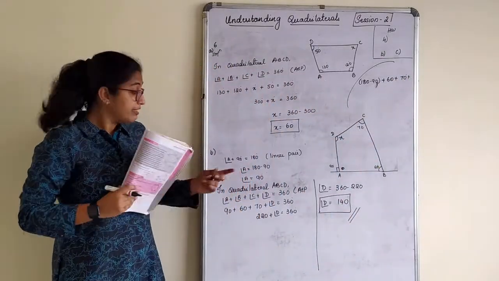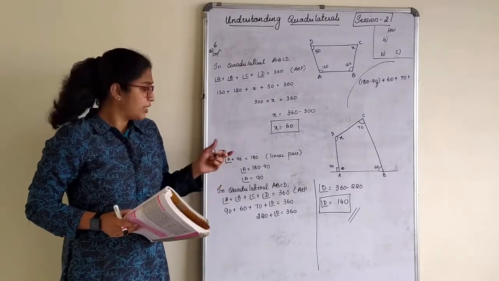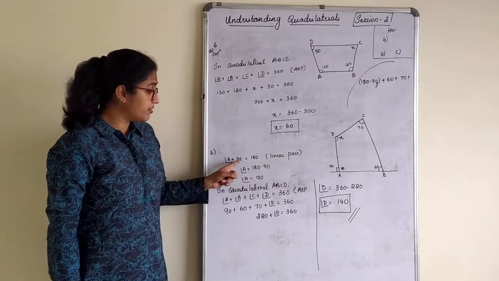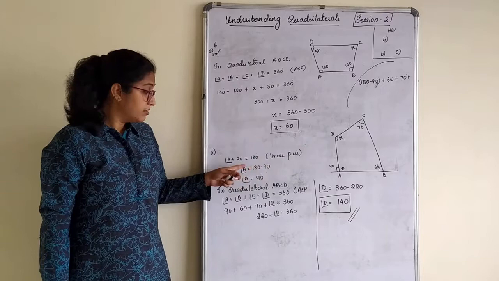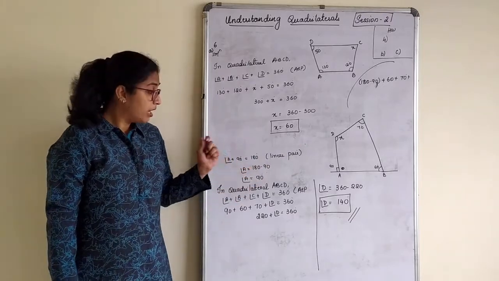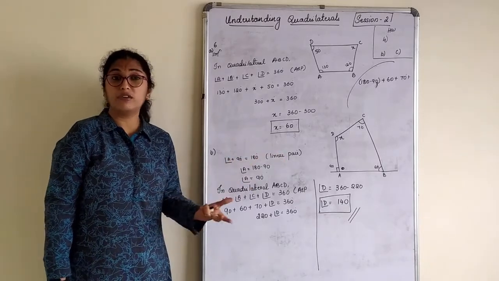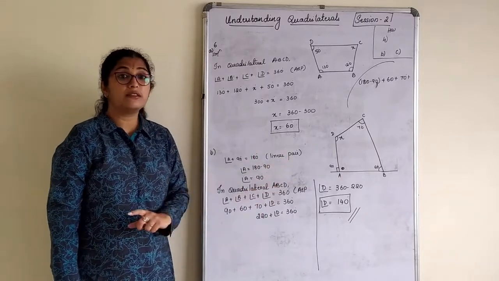Understood what they do? They will not show this as the linear property. That's okay, it's up to you. You can also show this and then write it there. But if you are writing here A plus 90 is equal to 180 and don't give a reason, this 90 is wrong according to me. Why? How did you add these two and tell that they are 180 without writing a property? In geometry, when you write something without a property, it does not hold good.